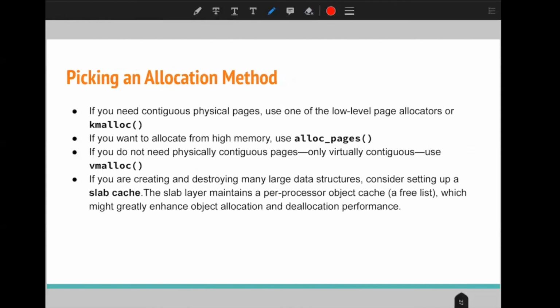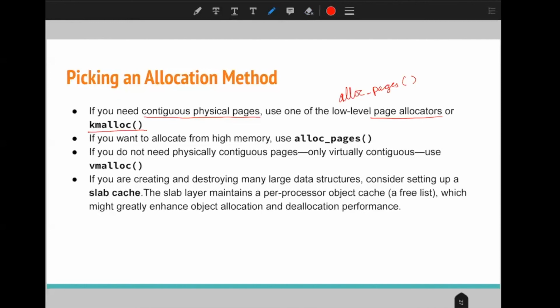So let's now discuss which method we can use in which scenarios. If we want continuous physical address pages, then we can use the page allocator that we have discussed, with functions like alloc_pages. Or if we want memory in byte sizes, then we can use kmalloc.